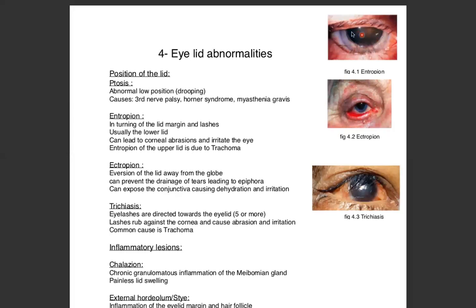So entropion affects the cornea لأنه الlashes بتضرب على الeye, while ectropion, when it's turned outwards, would expose the conjunctiva to the direct environment. So these are the two problems. Entropion, lashes are going to hurt the cornea, or ectropion, where the conjunctiva is going to be exposed. Okay? And remember إنه البارت اللي تحت ده it's covered by conjunctiva. تمام؟